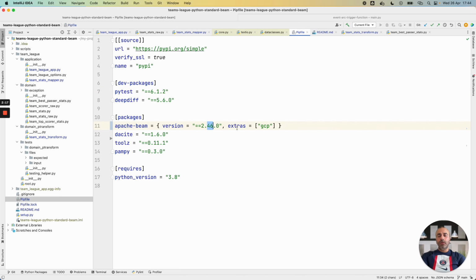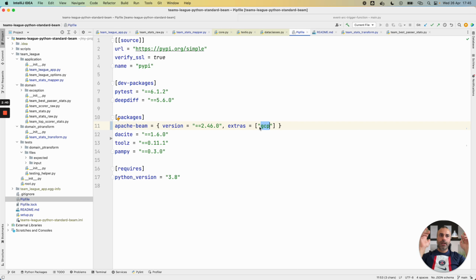I have the last version of Beam with some extra packages for Google Cloud Platform, because my use case reads data from cloud storage, applies some business rules and transformation, and then at the end writes the result to a BigQuery table.